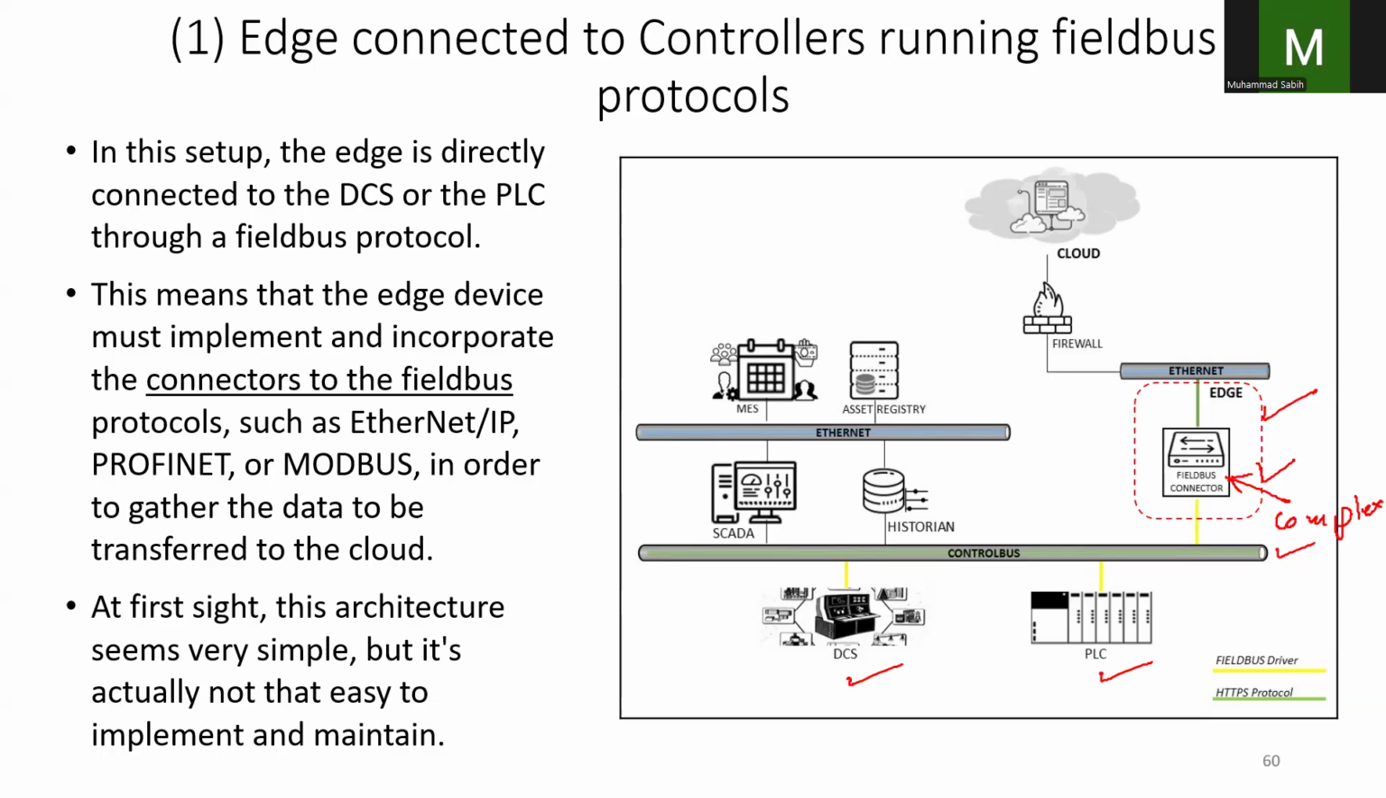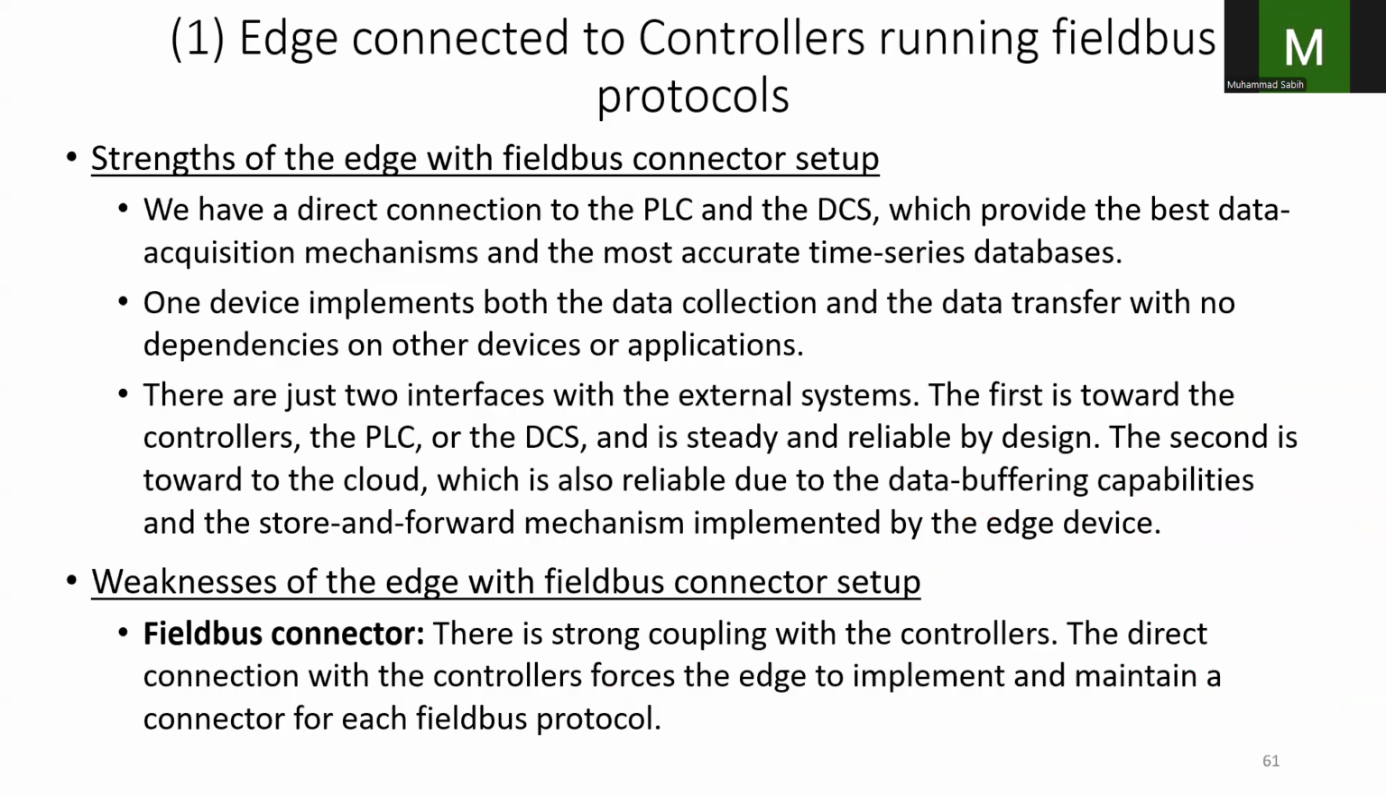So this setup is useful in plants, very useful and desired. Because there is no OPC server available right now, if no OPC server is available, then this is a very useful solution for plants, where we can directly access the data without any latency issues. And here are the strengths and weaknesses of connecting the edge directly to the fieldbus